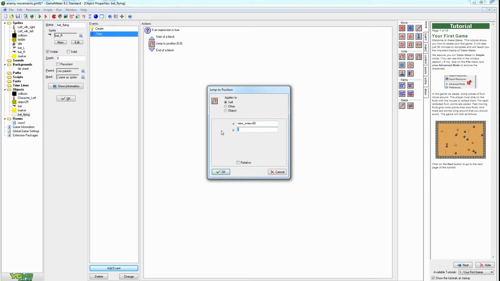So for the Y is the height. We could say view Y view, and it could pop in anywhere. But we'll do, not W. We need view, Y view, plus,